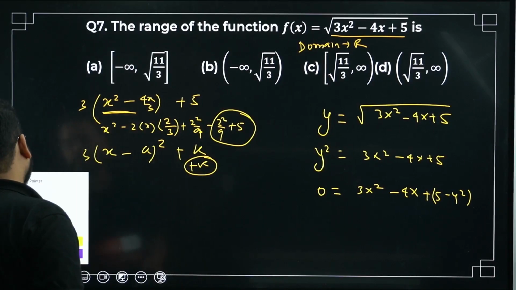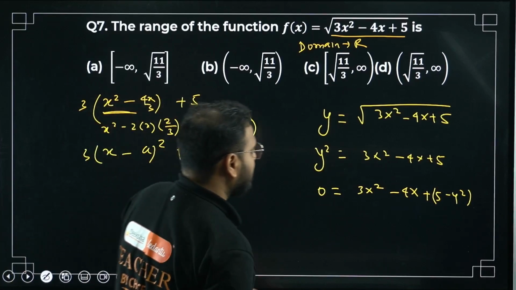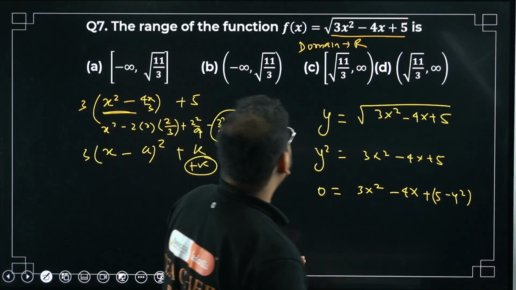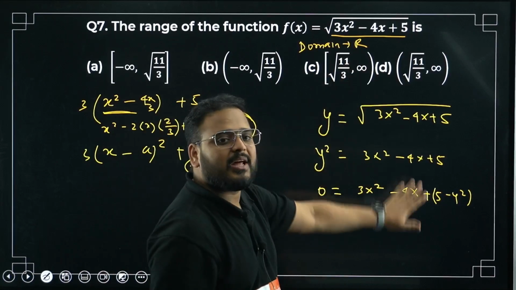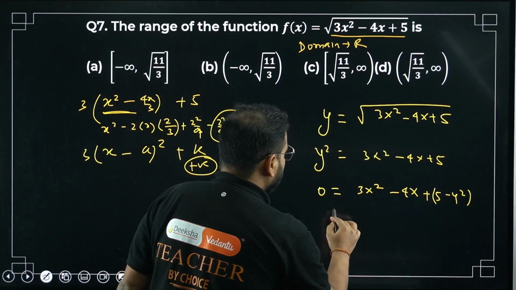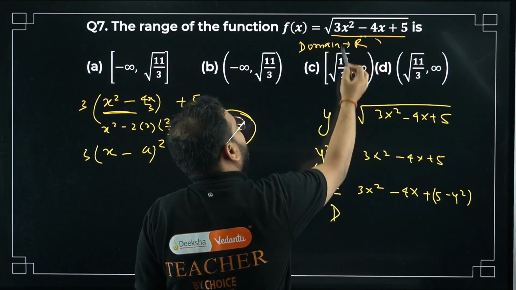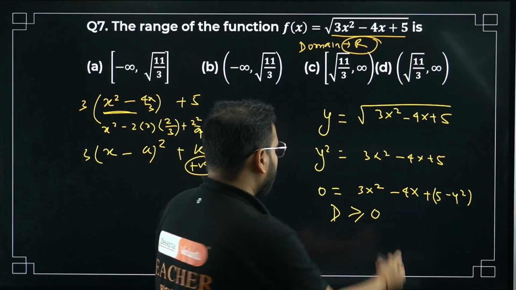So I'm going to erase this now. Later, let me just solve this part, then I'll erase this later. How can we solve this? To get the real value, x is all real, right? So I can apply the condition for all real in quadratic. Discriminant greater than or equal to 0. We know that x is all real, so D has to be always greater than or equal to 0.